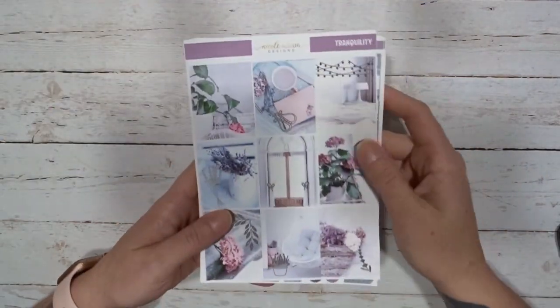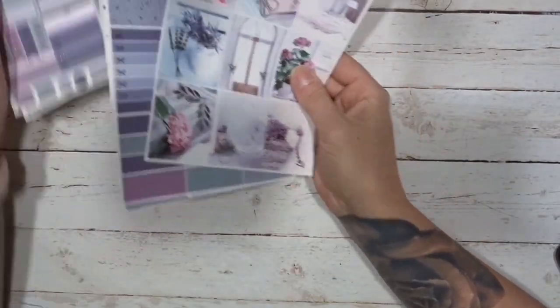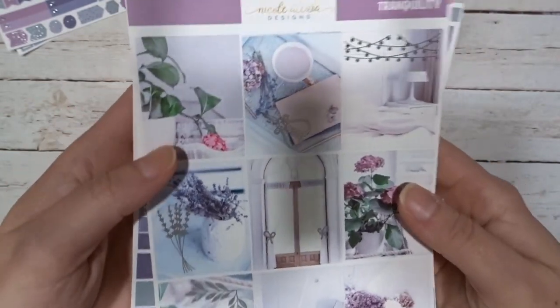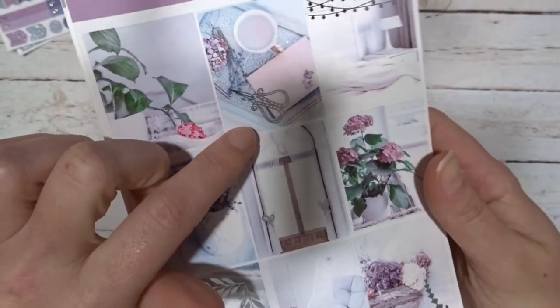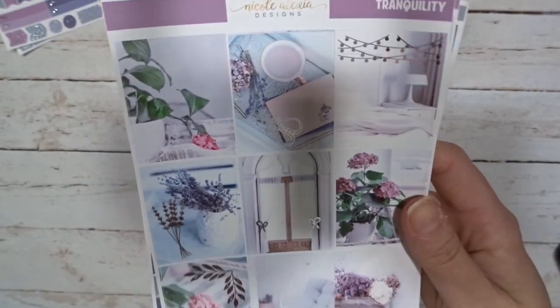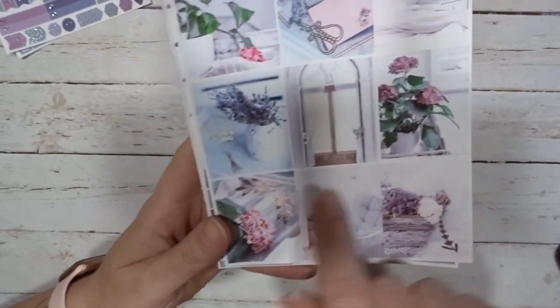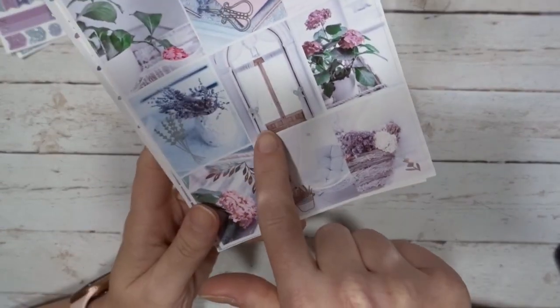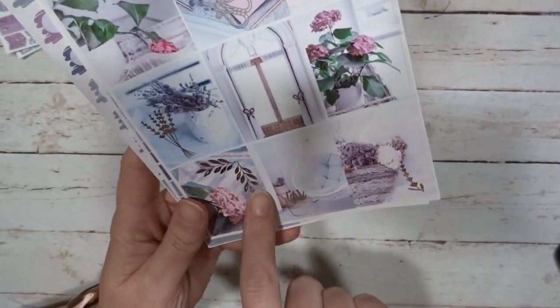So the second kit that we've got for this week is Tranquility. This is one of our best-selling kits, but it is different. We've got some different boxes. Oops, we've got some different foiling as well. So for your full boxes, we switched out this box here, and you actually have these foiled scissors on top of this notebook with the coffee. I thought that was so pretty. And then you've got your foiled string lights over the bed scene. We've got some foiled lavender, the foiled bows holding back the curtains, and then the foiled leaf here,